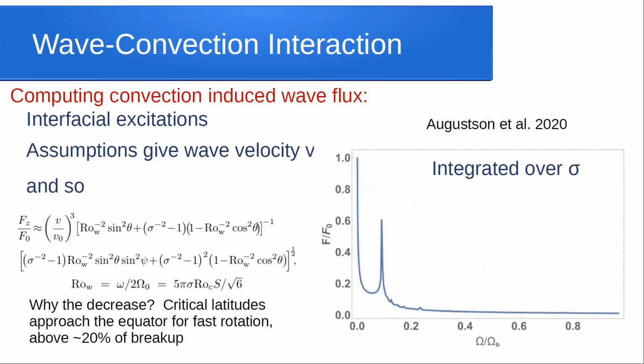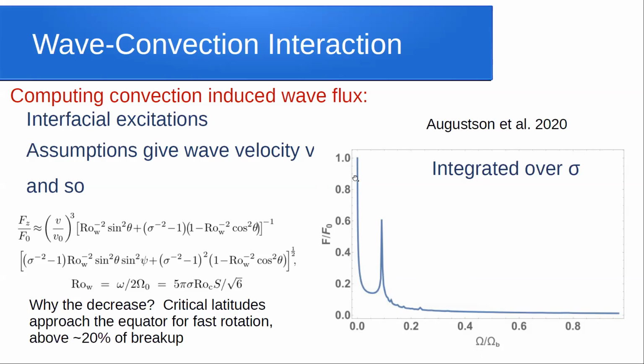So one thing that we can look at is if we integrate over frequency for a certain value of S. This is the value of S of 1,000, and we're looking at a wave propagation angle of 45 degrees, which is just going to be arbitrary. Basically, you can just scale this if you choose a different wave propagation angle, and it's at 45 degrees latitude. That again just changes the overall amplitude of things, so that doesn't really affect this ratio. But what we find is that if we look at this flux for a ratio of the rotation rate of the star to the breakup of that star,